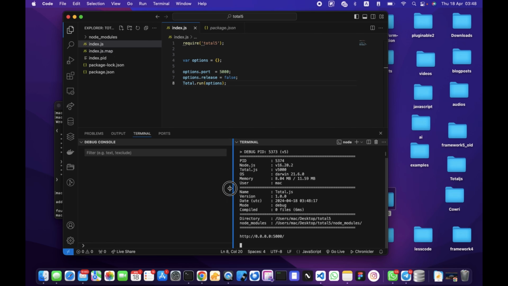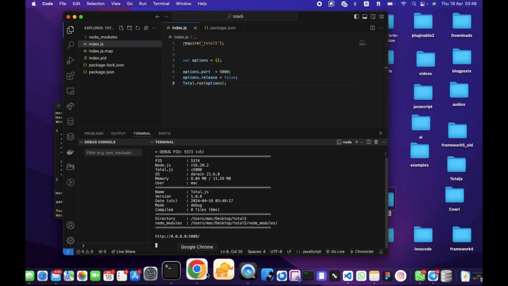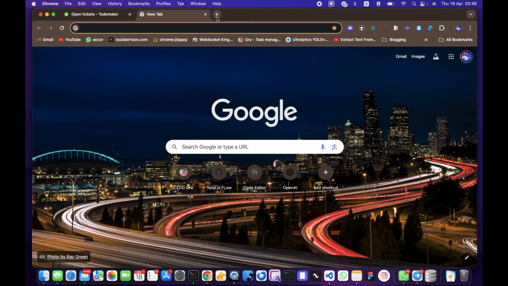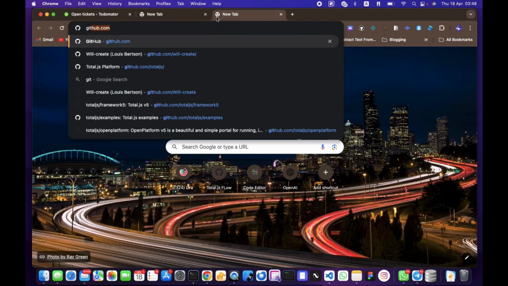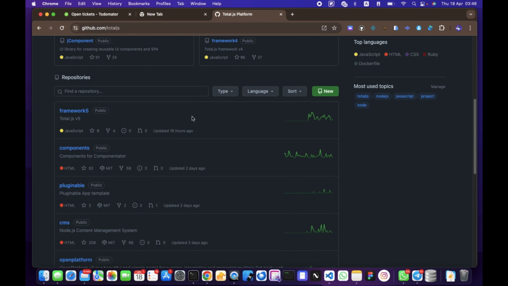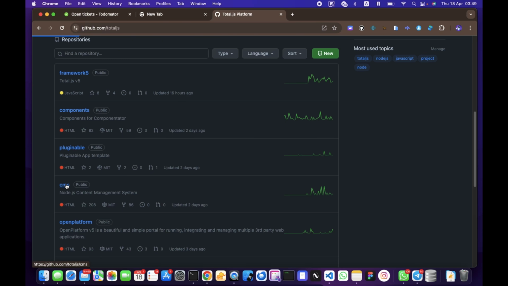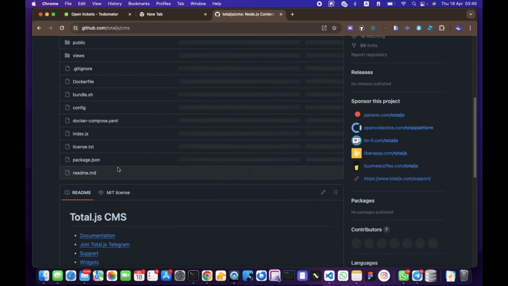If you want to find more options about Total.js version 5, feel free to go to the GitHub of Total.js and take a look into the already existing applications. Let me go to the browser here and go to GitHub. Once you are at this website, you can pick whatever applications you need. Like for example, the CMS also, for example, is built on top of Total.js version 5, and you can click on it and click on